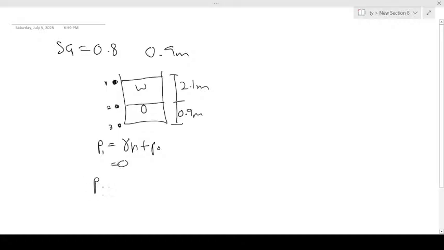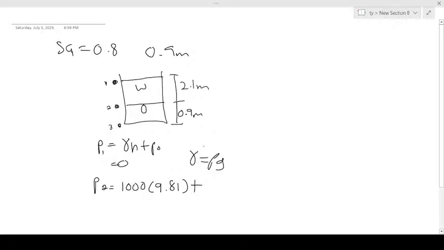Now if we come to point 2, we have a fluid which is water. We can find the pressure at the point where the oil and the water meet, because there is a depth in a fluid. So we can say that this gamma, we know gamma is rho g. So the density of water, which we all know as 1000, times acceleration due to gravity, that forms your gamma, plus